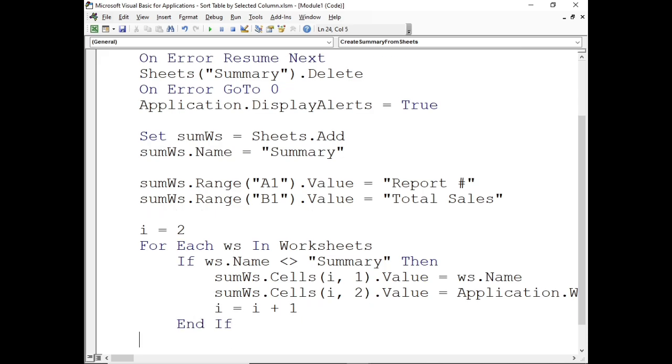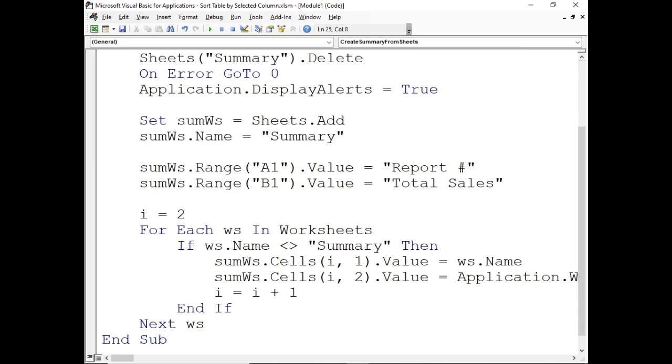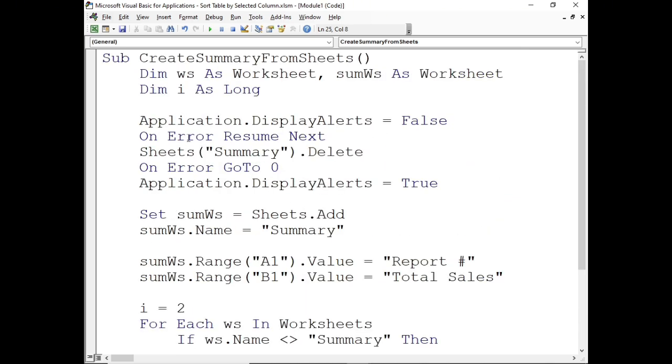Then I'm gonna do next WS, because for each WS, so next WS, then ends up. Okay, alright, let me review. Create summary from sheets, Dim WS as Worksheet. Sometimes I make mistakes in my spelling, or we're gonna have